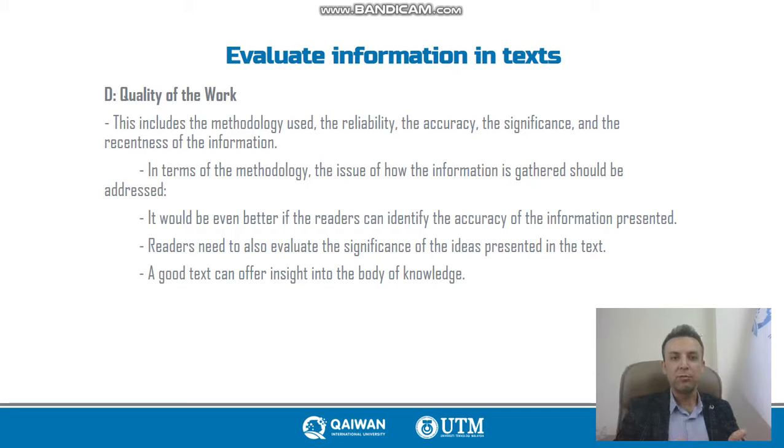We have the reliability and the accuracy, which can, let's say, go back again to methodology. So once we're sure about the information that has been collected, we can rely on the text, we can rely on the information, and we can make sure that the information presented is accurate. We have the significance. That means,